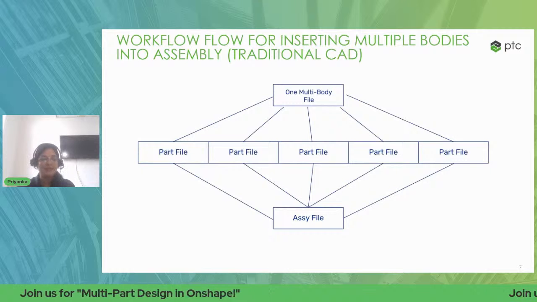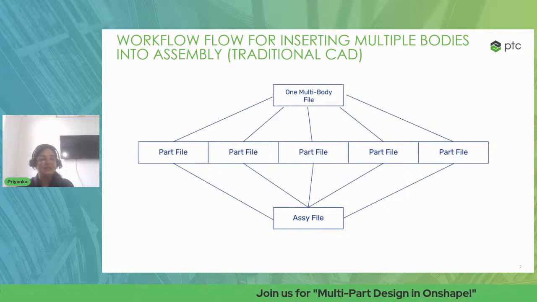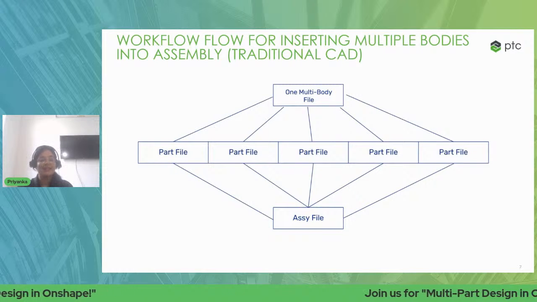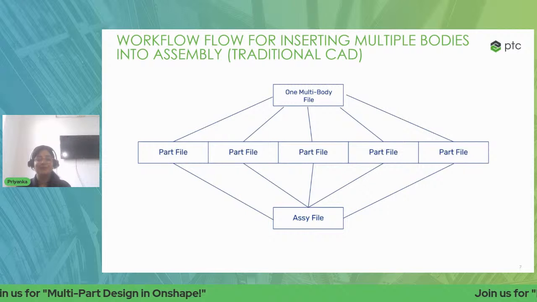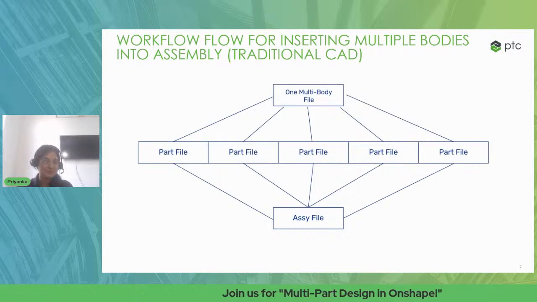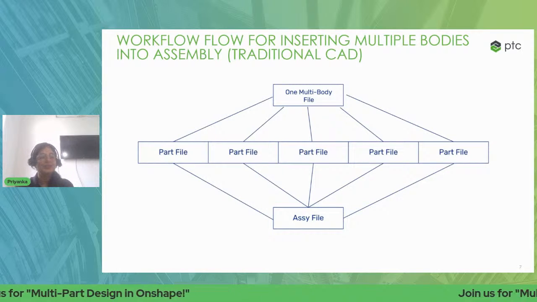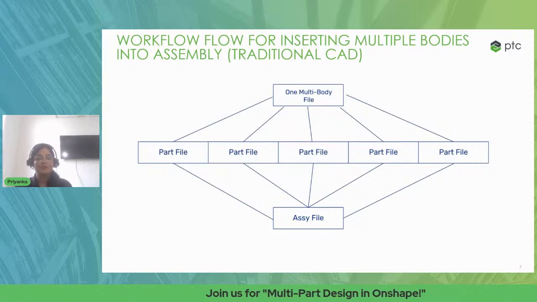To reiterate, I would just like to highlight this workflow, this web of files that you see. It's pretty troublesome when you look at any traditional CAD-based system. So you have to export all the files, and if it was 41 solid bodies, you have to create 41 part files. And then, when it has to be inserted, the reason to show this graphic is that the biggest question often asked by people is where should we go when we have to make the changes? Should I go to the actual part, to the multi-body file,